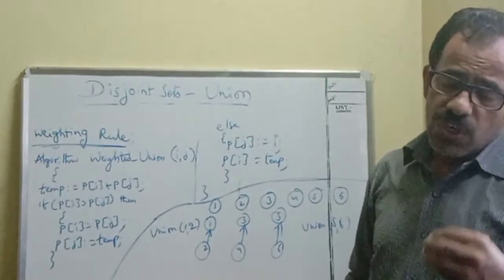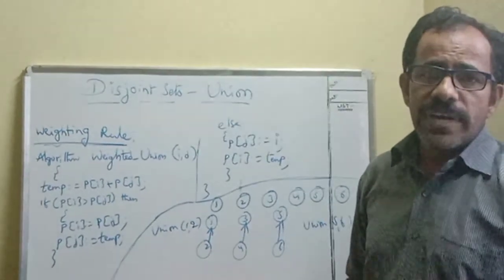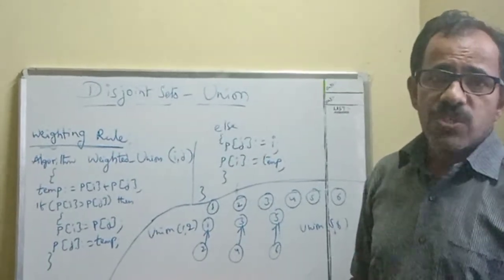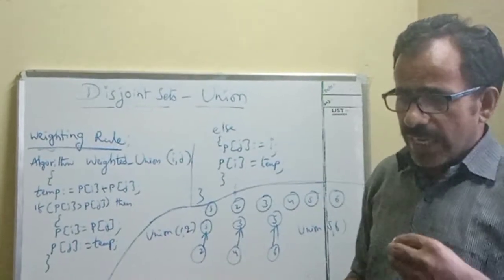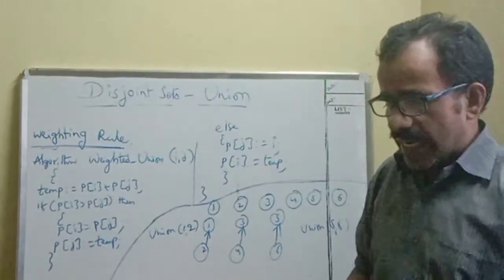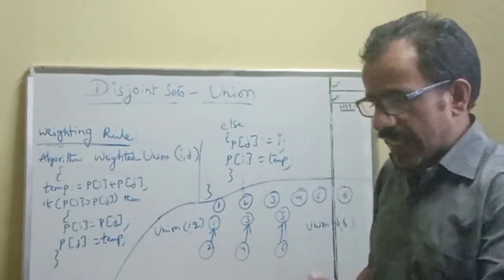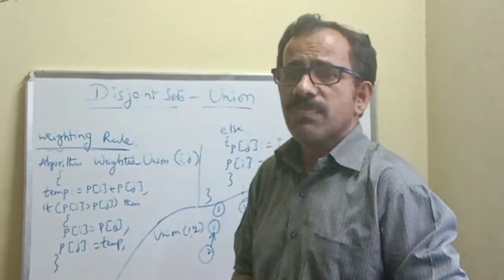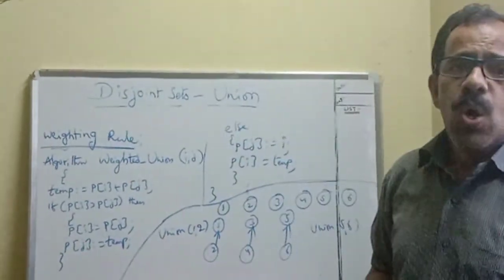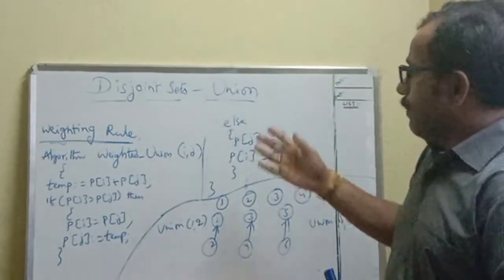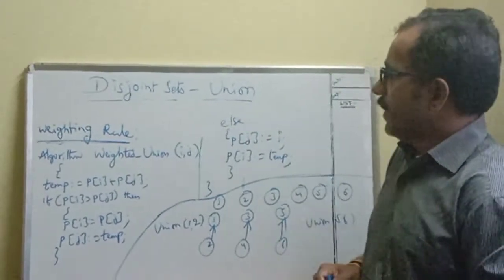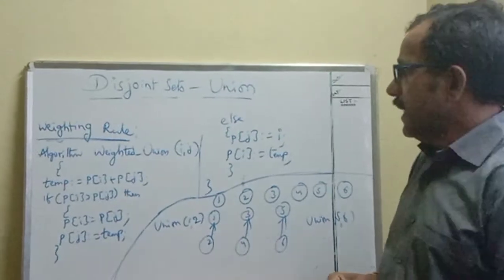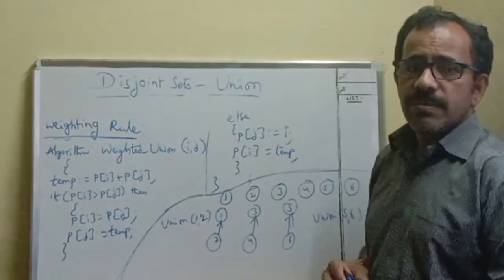Suppose you perform the find operation for finding all the elements, then it takes order of n square time, because for finding 1 again we need to reach n, for finding 2 we need to reach the root node, for finding 3 we need to reach the root node, and so on. The find operation's ultimate aim is displaying the root node as the result. But here we are using the weighting rule for constructing a union tree structure between two trees.